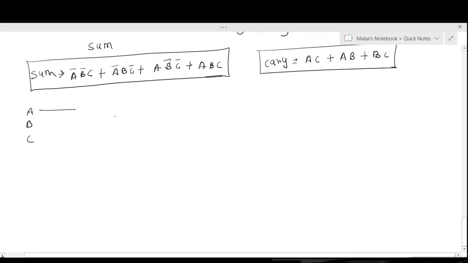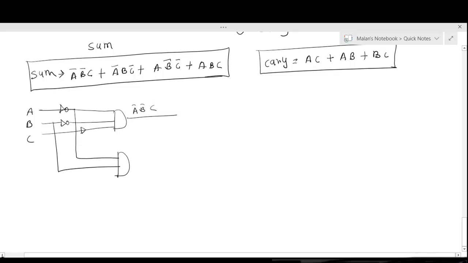The first AND gate I am using takes the inputs A bar, B bar and C, and the output generated is A bar, B bar, C. The second AND gate implements the second term, A bar, B